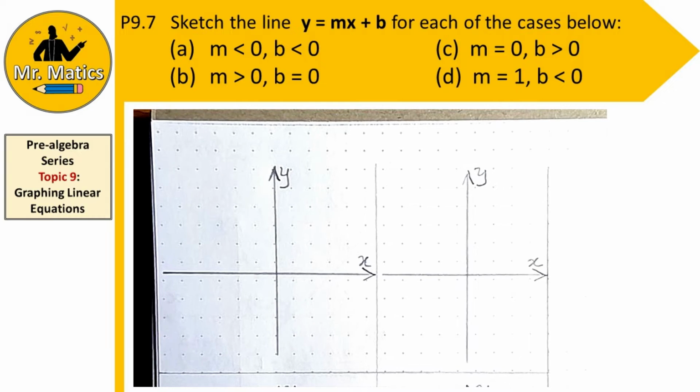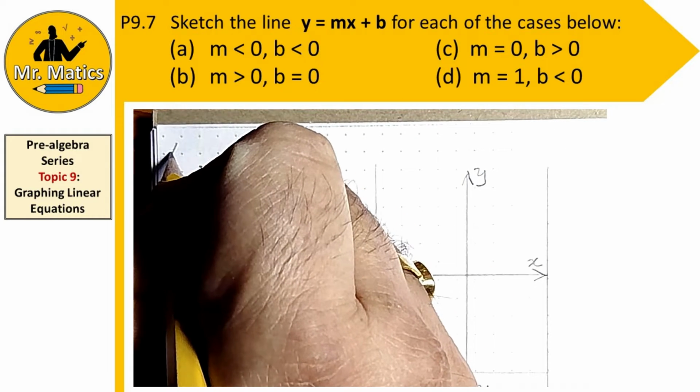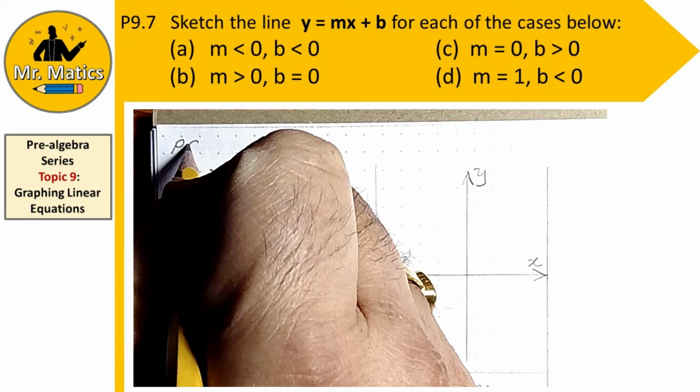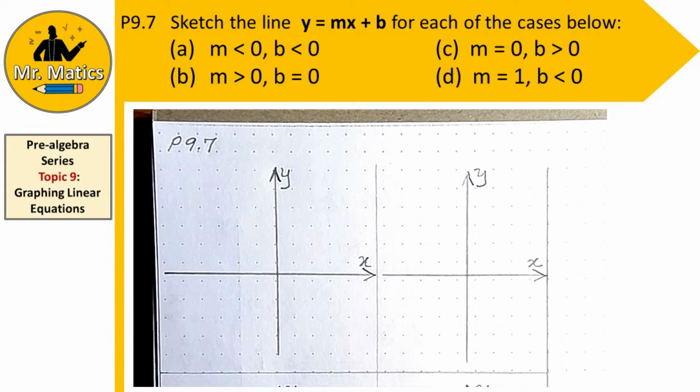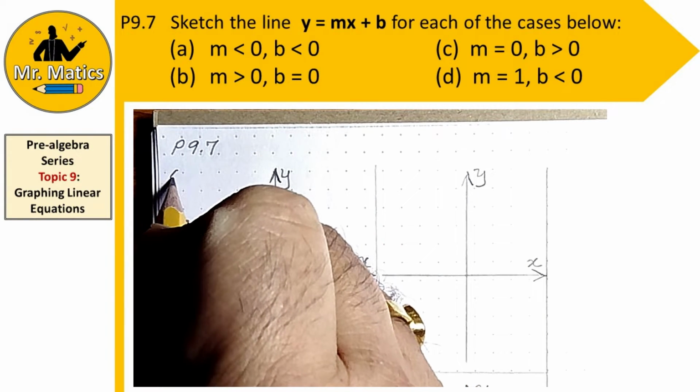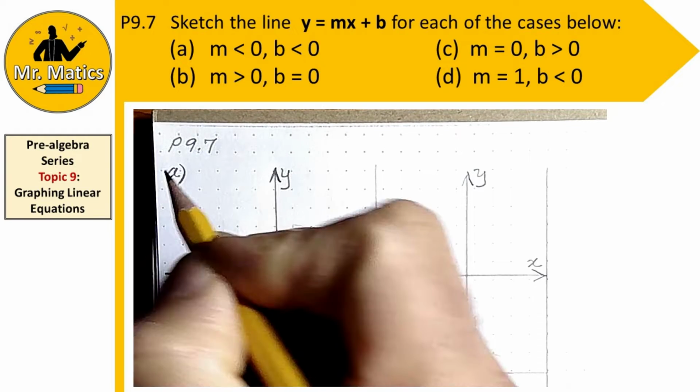Okay, we have our final problem, 9.7, and we have 4 parts. Basically, we have to sketch those lines y equals mx plus b, and several combinations of m and b are given. So let's start. I've already drawn the axis